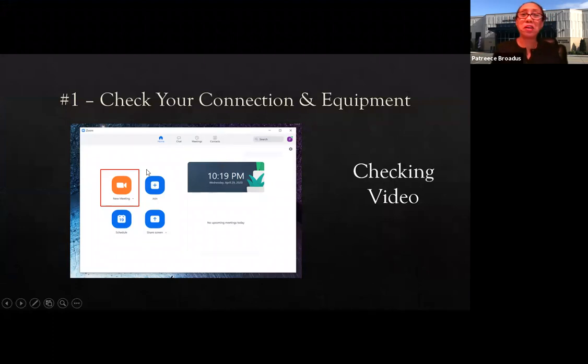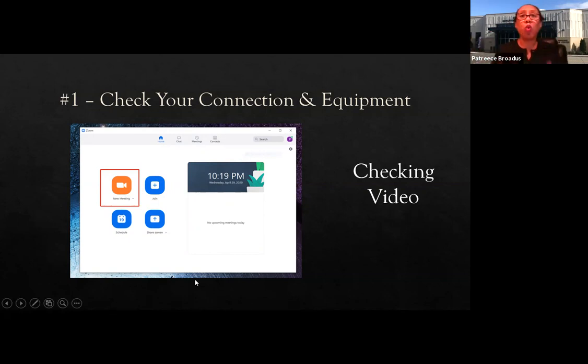Again, this is why it's so helpful to practice things beforehand. I was trying to show this once again in another workshop, and I connected, but I'm working on the same Zoom connection, so I ended up disconnecting my audience and had to reconnect with them because I was doing it on my phone and trying to show them on my phone. So I was smart this time. I took a picture.